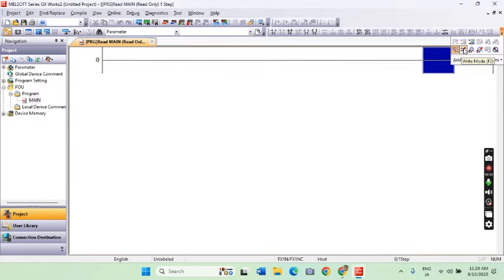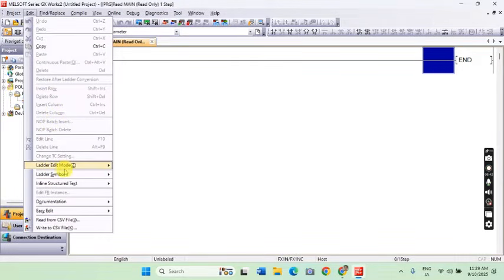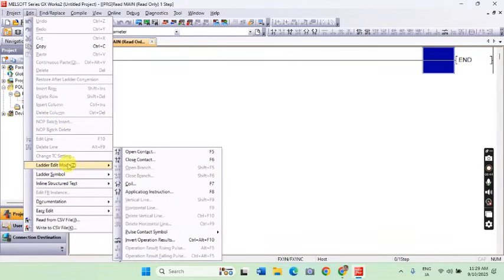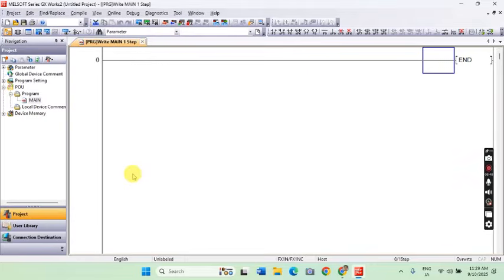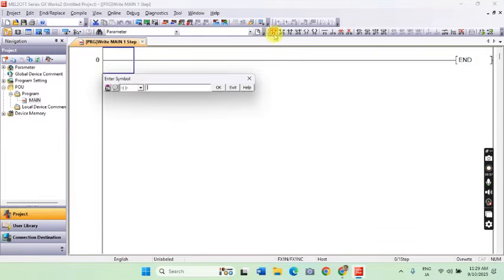The shortcut key for this one is F2. But you can also see this here in ladder edit mode, the read mode and the write mode. Now we are in the write mode, so I can now create the program that was deleted before.